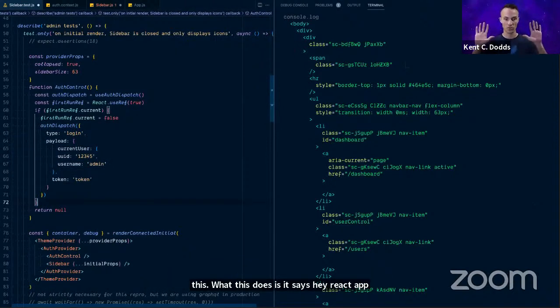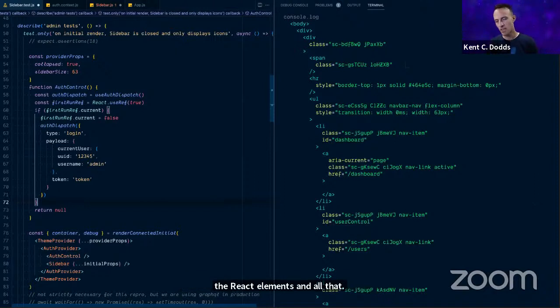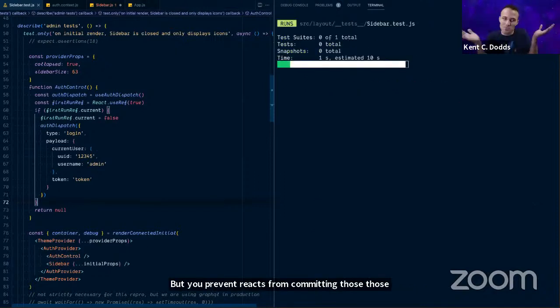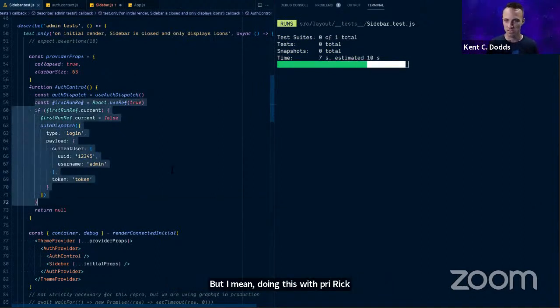And so it stops all rendering. It doesn't commit anything to the DOM, and it will trigger another render. So your render functions are still called. You're still creating all the React elements. But you prevent React from committing those updates to the DOM. So maybe it's a little bit faster. But doing this would probably require a comment to explain why you're doing something weird.